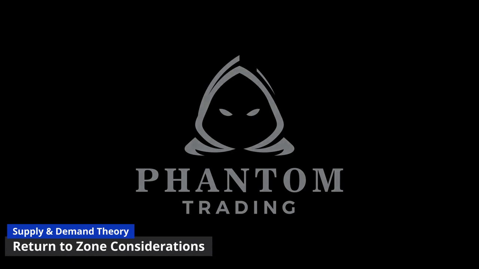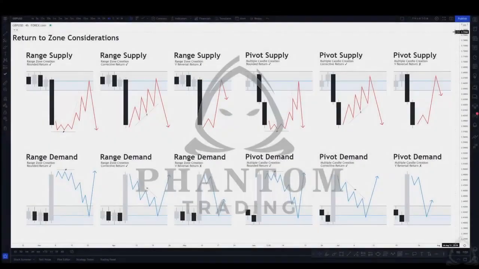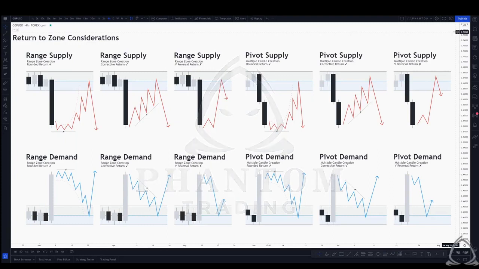Now that we understand how supply and demand zones are created, how we map them, and the different ways that we can map them, the next most important thing is to understand how price is returning to the zone that we are looking to trade and what that may imply for our trade in question. Because as I stated in the previous videos, our job is to identify a supply or demand zone being created, map out that zone,